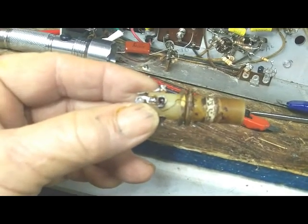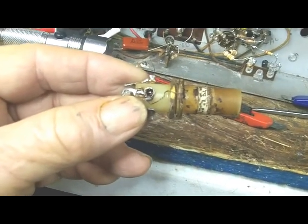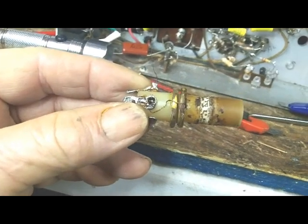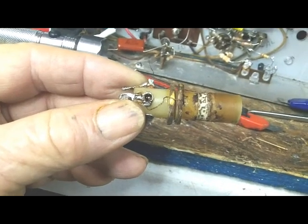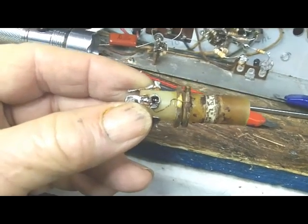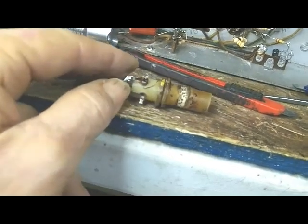I unwound that primary, and it looks like 350, maybe 400 turns of really fine wire. I counted 265, and then it broke down inside the coil, and I couldn't find the end of it, so I had to guess at the rest of it. But I don't think I'm going to try to rewind. I may yet, but